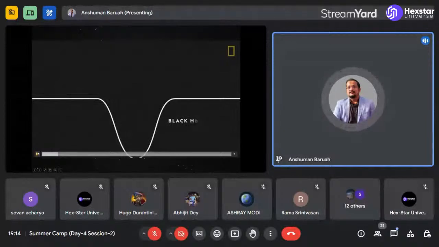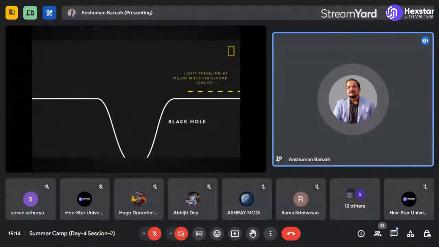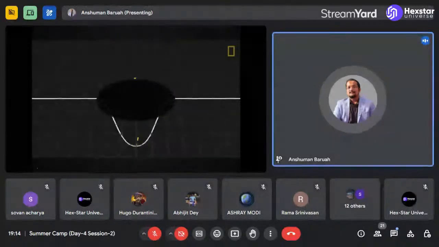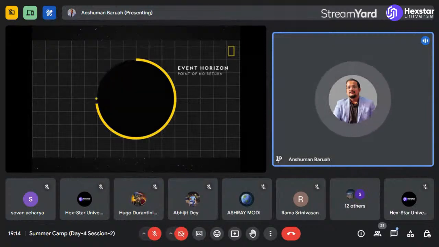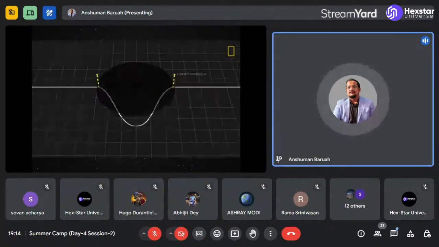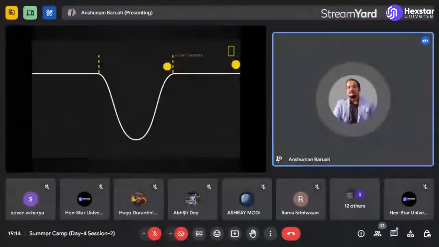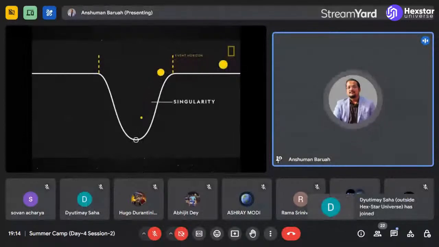So this gravity curves space-time to such a high degree that nothing that falls into this region can escape, not even light. The boundary that surrounds this black hole is what is known as the event horizon. It's the point of no return. So if anything crosses the event horizon, be it mass, energy, radiation, or any form of light, it can never escape.